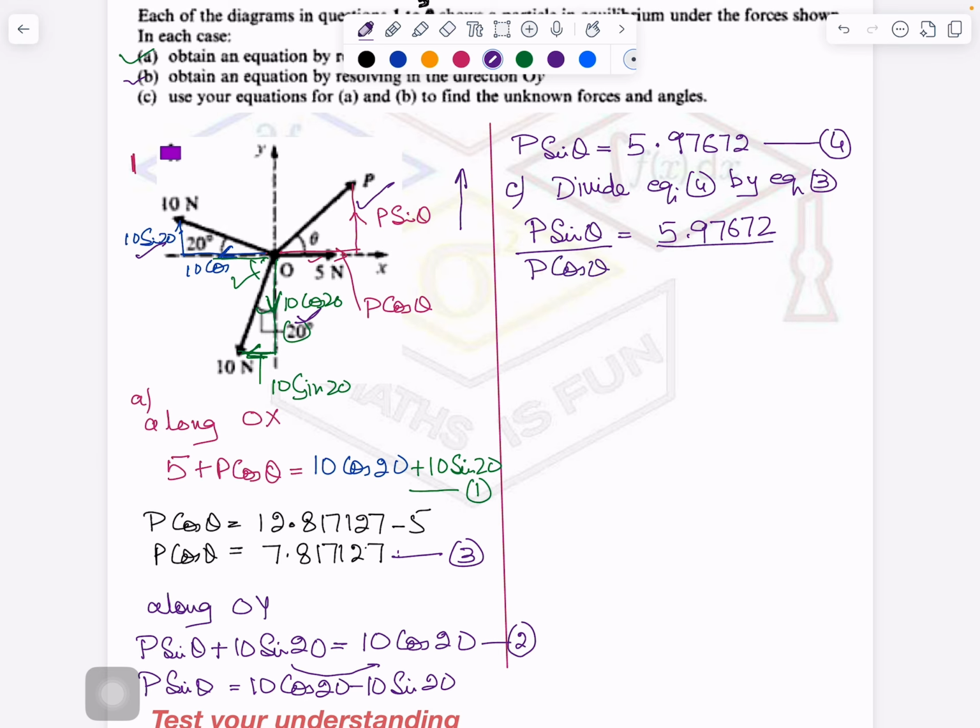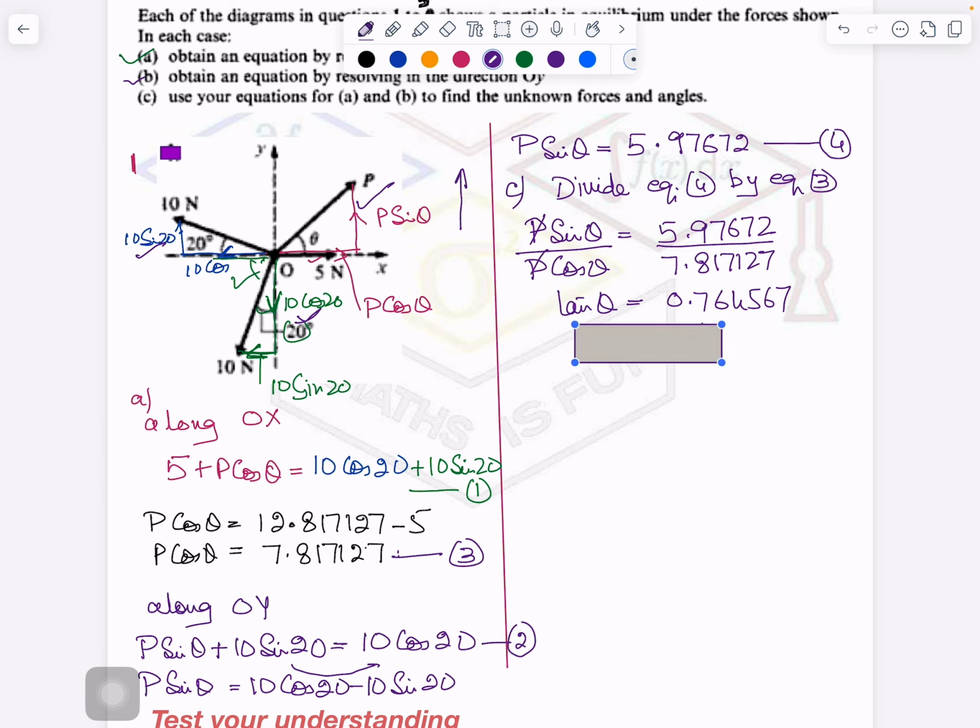Right. So it will become 7.817127. So this cancels out and you get tan theta equals 0.764567. So you get the value of theta. Give me a second. Okay. So it is 37.4. So your angle is 37.4,